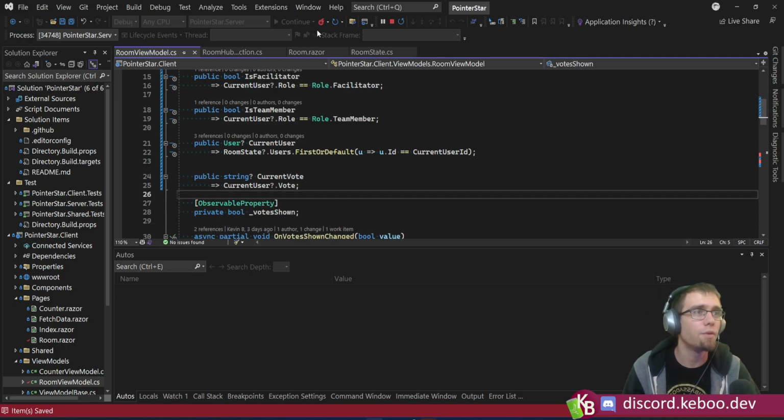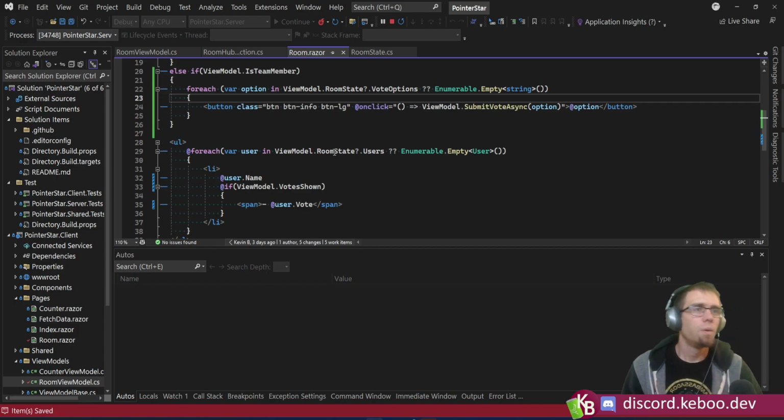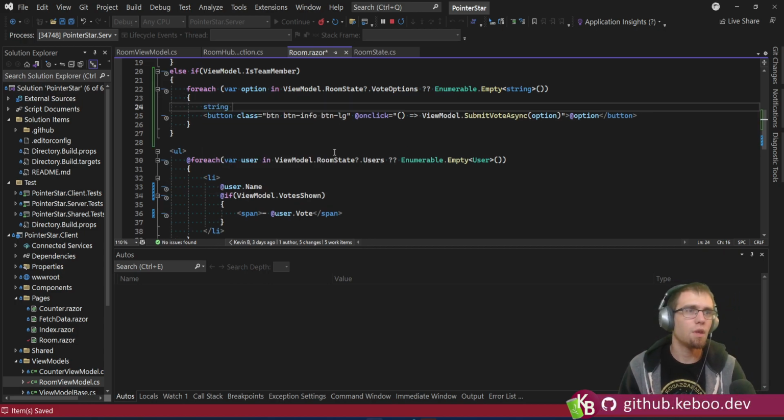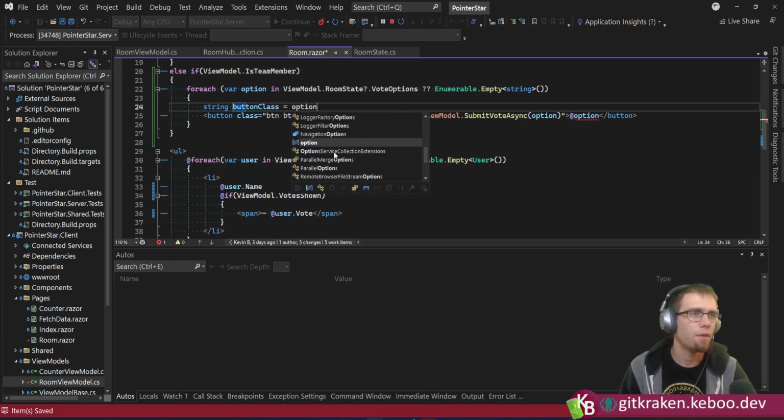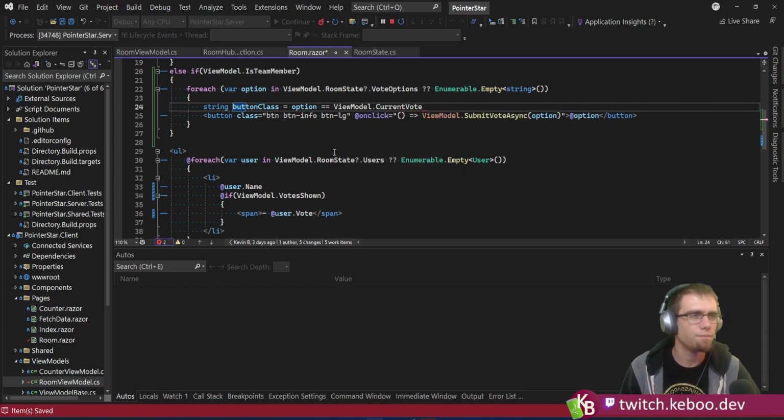Right, and then I think what we'll do is we're gonna change up a string button class, and then it will be if option equals view model dot, what did I call it? Something vote. Current vote. Then this guy is going to get btn dark,